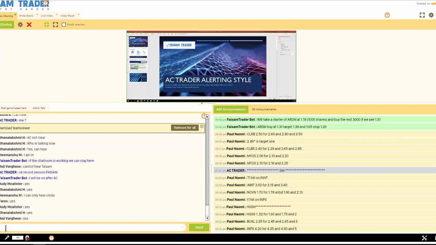Option alerting that I do for members. However, I'll cover some day trading as well and some swings. The most recent ones